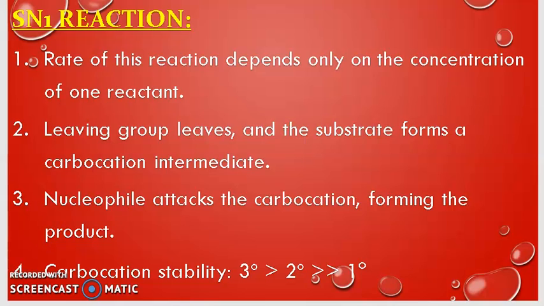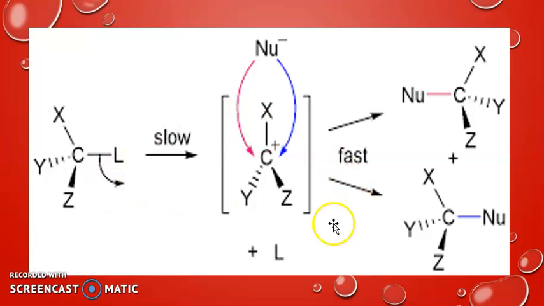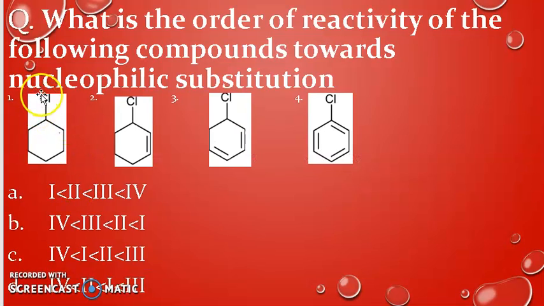Come to the picture here. See this picture, you will be able to understand the nucleophilic substitution reaction. It has two steps, a slow reaction and a fast reaction. See the substrate here, there is a leaving group attached to the central carbon atom, and the central carbon atom has three other atoms. Consider this leaving group to be Cl. In the question, in the compound, the Cl is the leaving group.